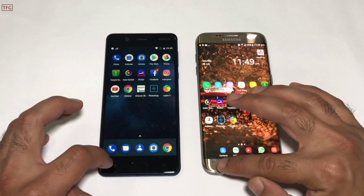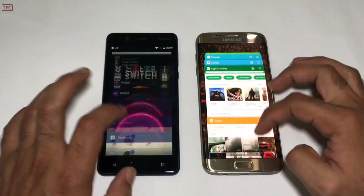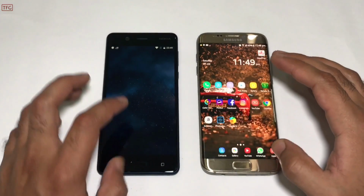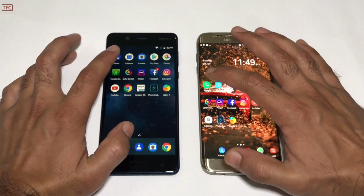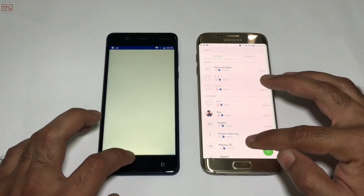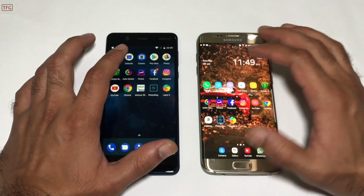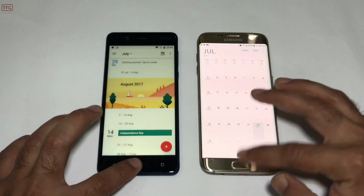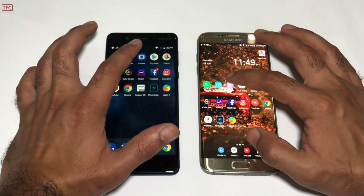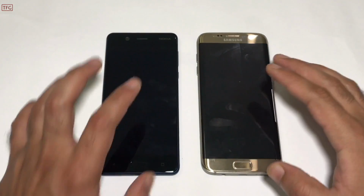And now, as we can see, all the applications are running in the background here. So we open all these applications again one by one to see if they are still running in the background or not. Starting with the phone application again, it is loading again on the Nokia 5, and it is already present in the background on the S7 Edge. Moving to the calendar application, running in both the devices, opening at almost the same time. The camera application is again opening on the Nokia 5,